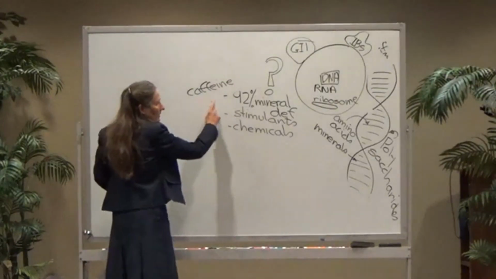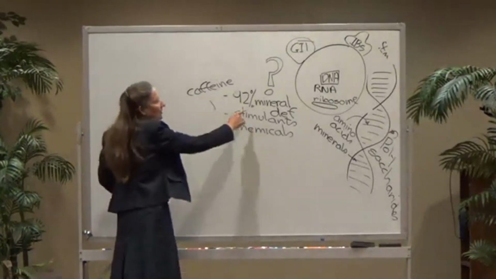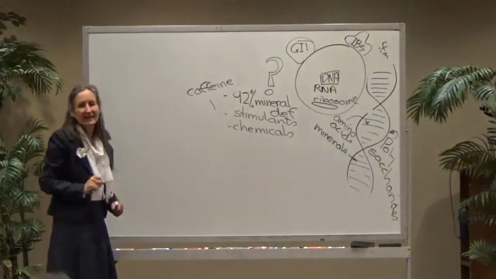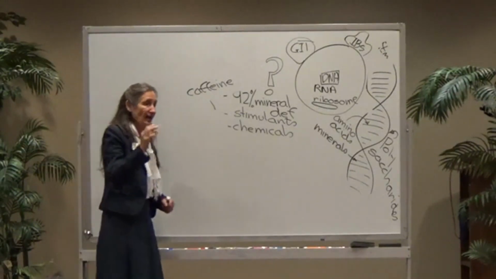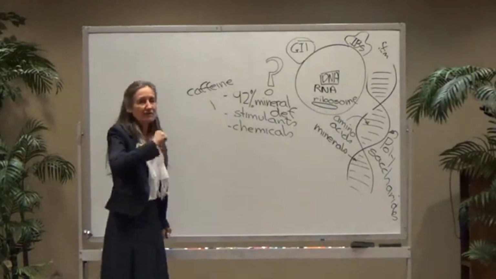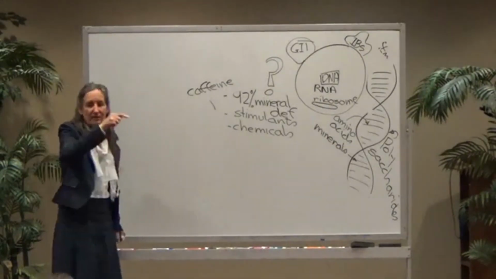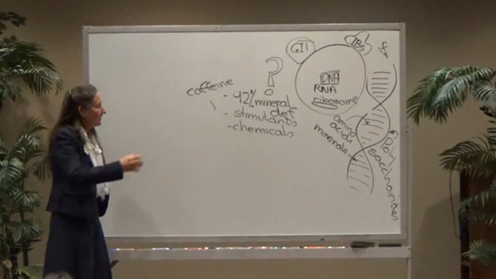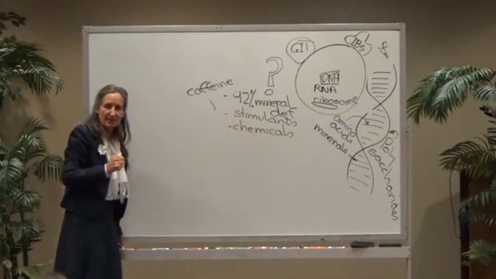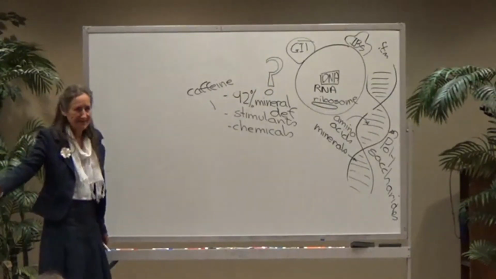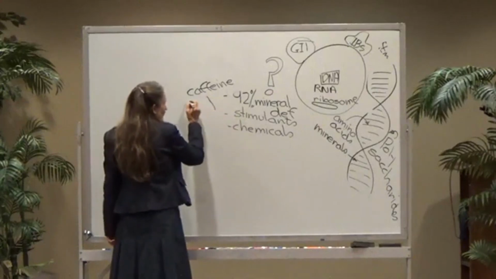But not only that, not only does it cause damage in the DNA, caffeine also leaches minerals, particularly calcium and magnesium. Those two minerals are vital for the proper functioning of the heart. So a deficiency in calcium and magnesium can contribute to high blood pressure. A leaching of calcium and magnesium is weakening the bones because that's where our supply is. What also causes a leaching of minerals is refined sugar.